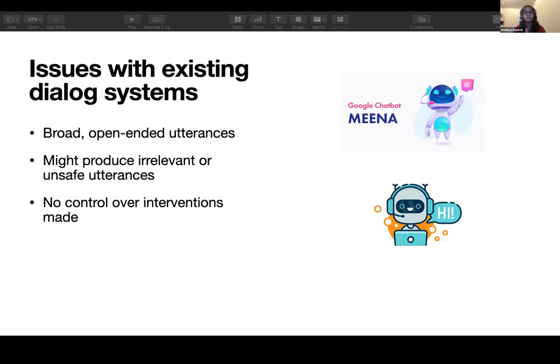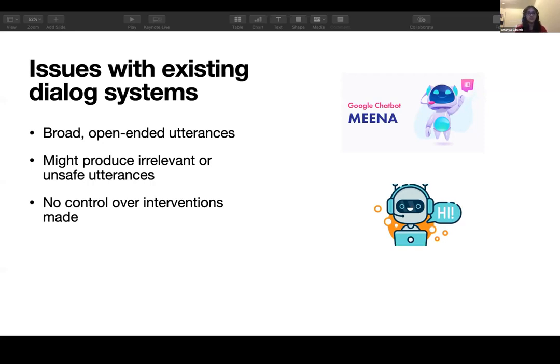As we all know, dialogue systems in NLP have been an active area of research, and they broadly work for task-oriented dialogue systems that you might interact with on your phone, or open domain dialogue systems such as chatbots that you can talk to, such as you would talk to a human. So why can't we use something like that to generate utterances in our classrooms?